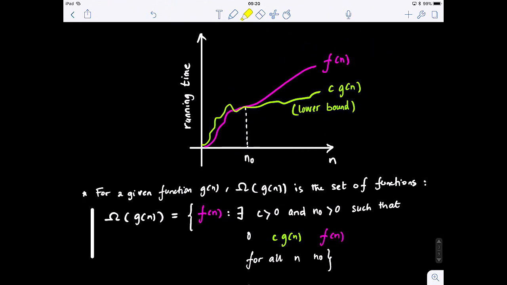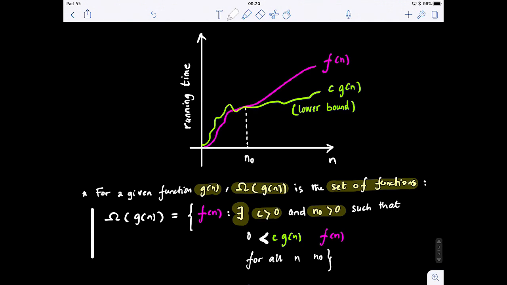So for a given function g of n, omega of g of n is actually the class of functions which satisfy, there exists basically a constant that is positive. So there exists, it means we need to find, if we even find a single number, one constant, then this definition is true, okay? And also a positive number n0, right? Such that